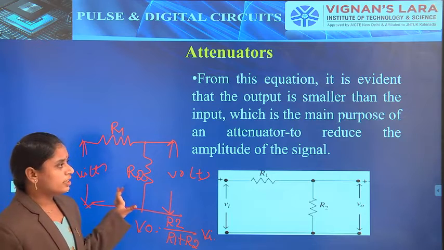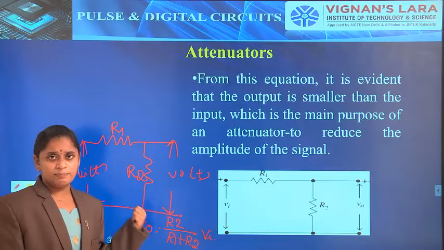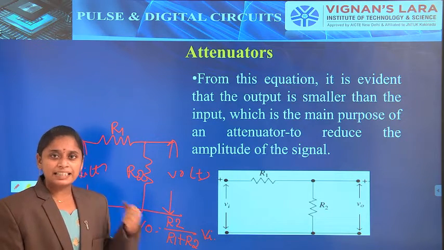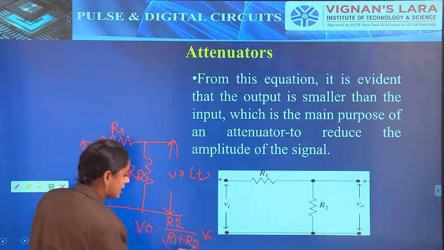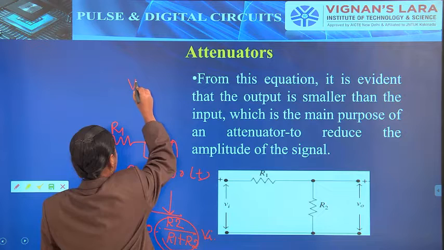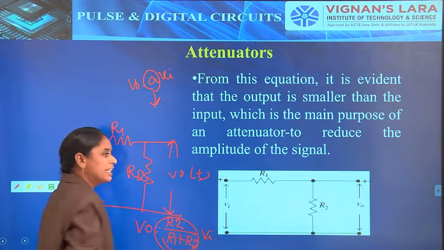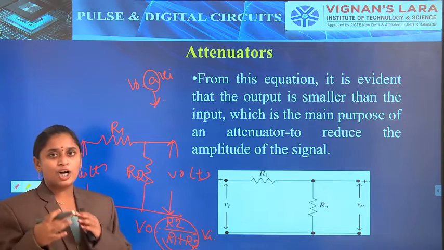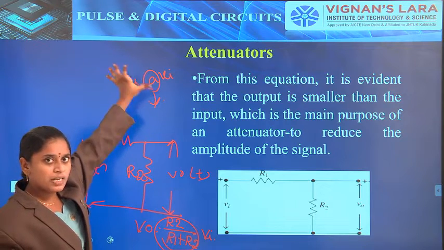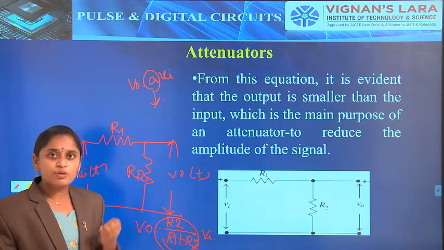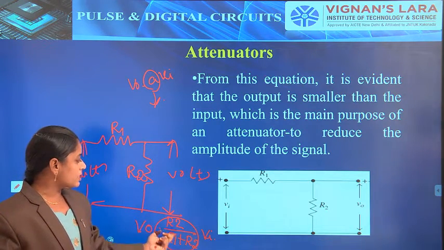So depending upon that, we have to reduce the output voltage. Simply, the output voltage is the multiplication of R2 by R1 plus R2 with the input signal. So it can be treated as A, that is V0 is equal to A into Vi. Then A is known as the decrement factor. So the output is decreased by the factor A, nothing but R2 by R1 plus R2. Then it reduces the voltage. So that is V0 is equal to R2 by R1 plus R2 into Vi.